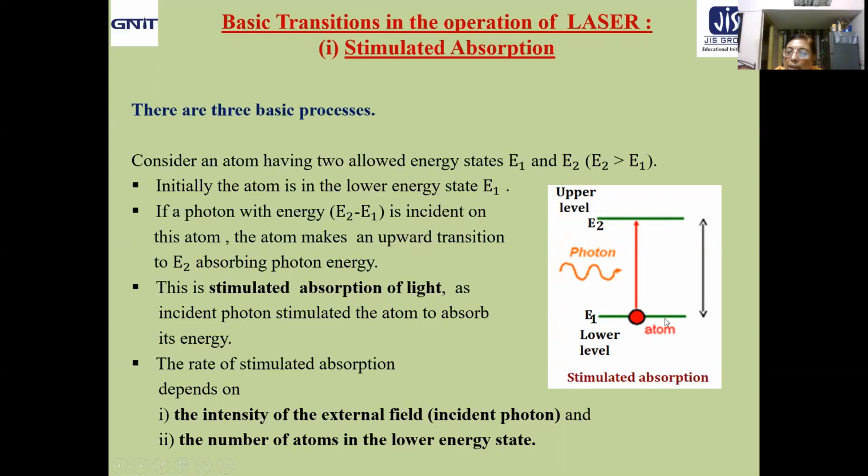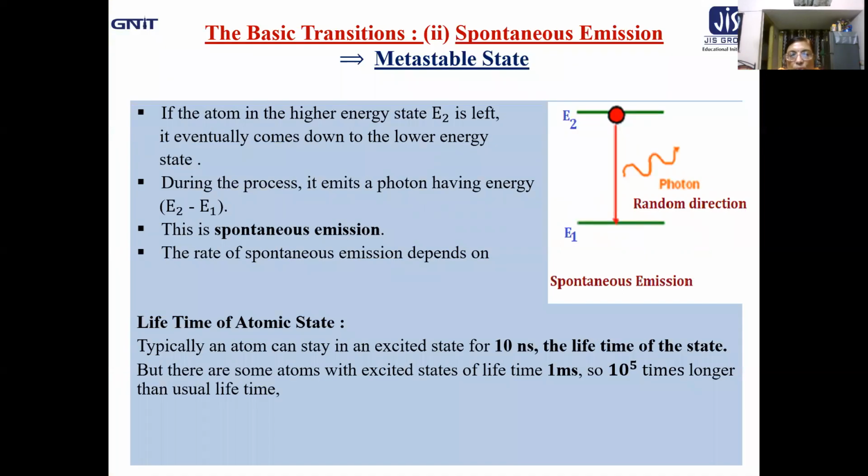Mind it, here energy states are for atom, but the energy transferred normally we consider in terms of the electrons of the atoms. Okay, but mind it, energy states are for atoms only, not for electrons. Clear? Now let us move to the second basic transition in the form of first type of emission, the more common one, that is the spontaneous emission.